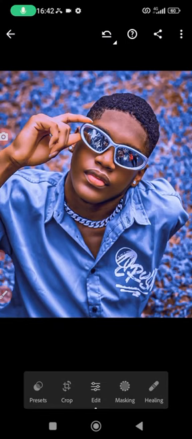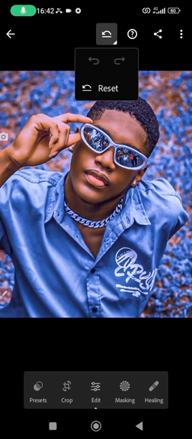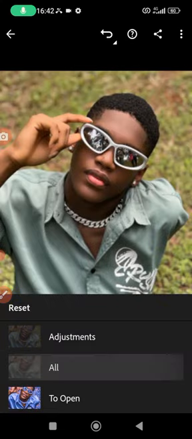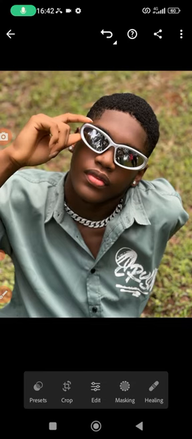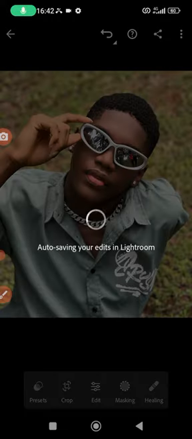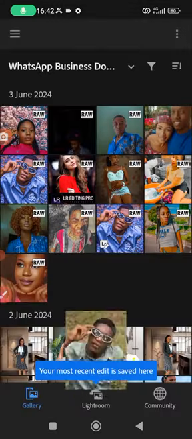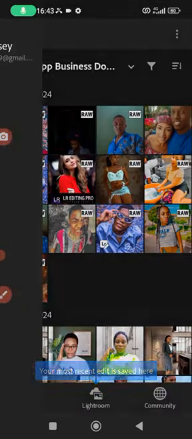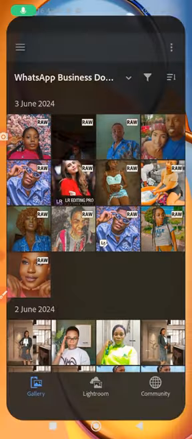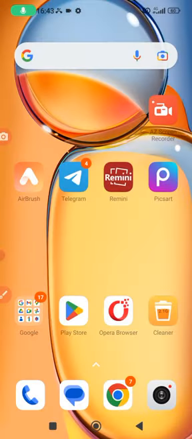So now if you want to apply this preset, this was before and this is after. Let me reset everything. Like this is the original effect of the original picture. Let me just save it to my gallery. Okay, let me go back. Let me close my Lightroom. Okay, now the next step, if you want to apply that very preset to any picture,